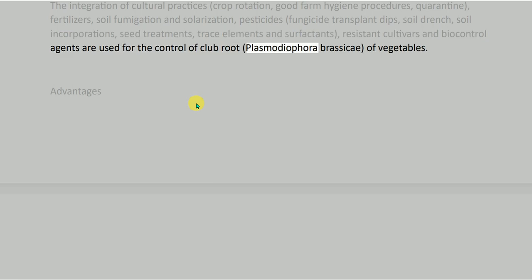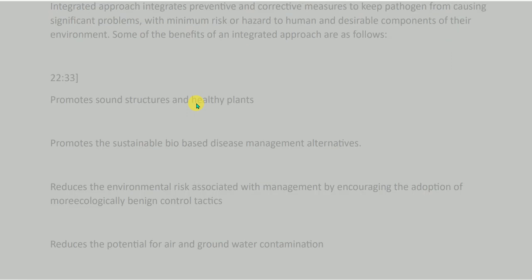Advantages. The integrated approach integrates preventive and corrective measures to keep pathogens from causing significant problems, with minimum risk or hazard to human and desirable components of their environment. Some of the benefits of an integrated approach are as follows. It promotes sound structures and healthy plants, promotes sustainable bio-based disease management alternatives, reduces the risk associated with management by encouraging the adoption of more ecologically benign control tactics, reduces the potential for air and groundwater contamination,